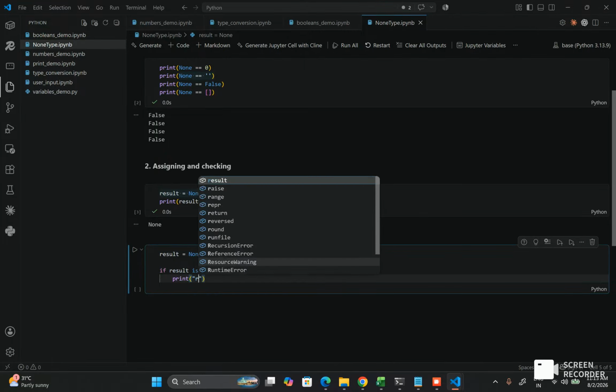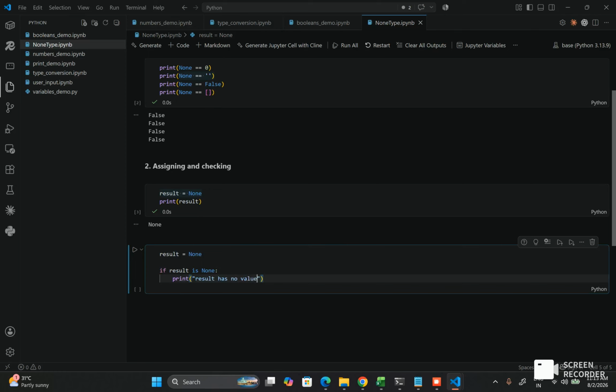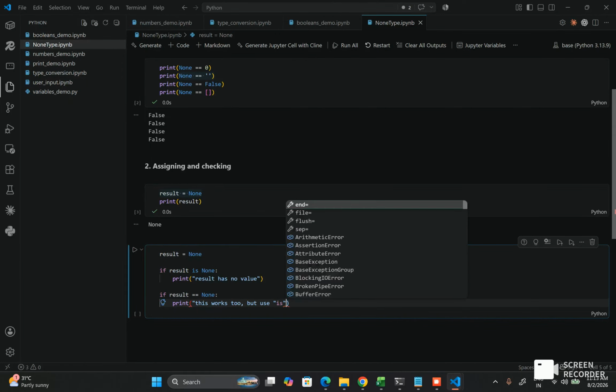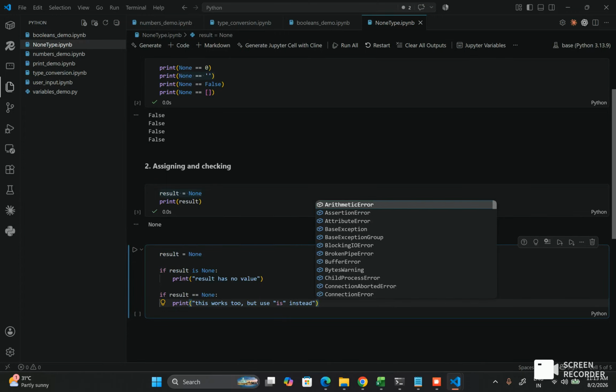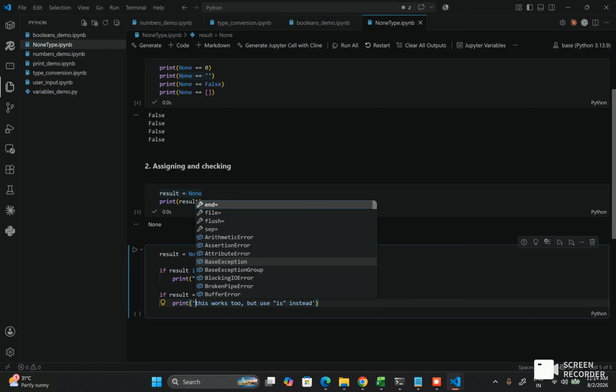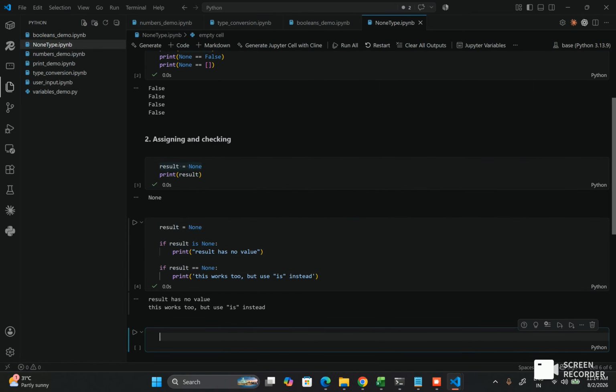print result has no value. Second one: if result double equals None, print. This works too, but use is instead. Now see what happens. Both conditions trigger and detect None, but